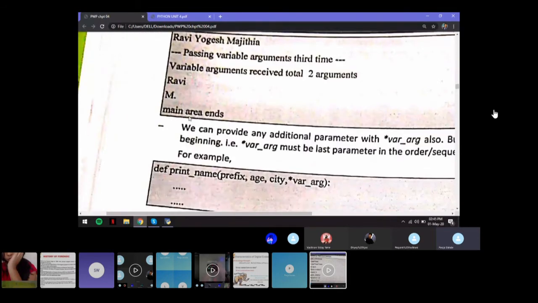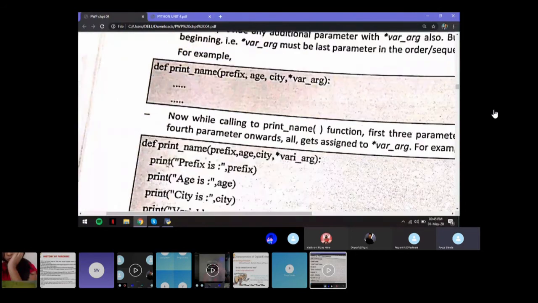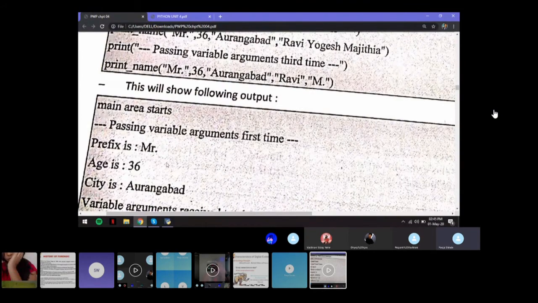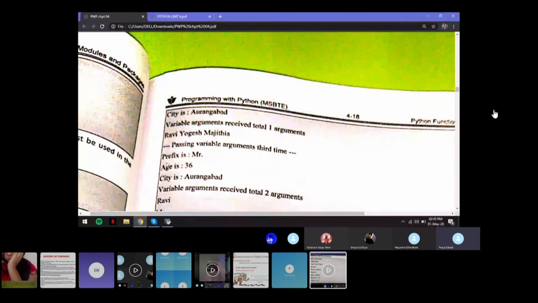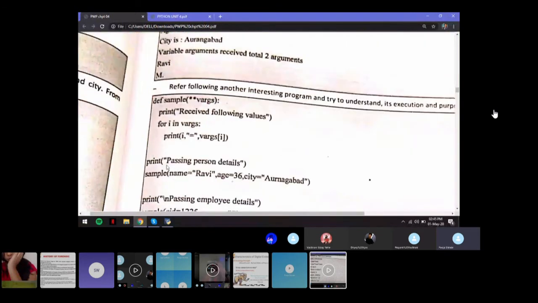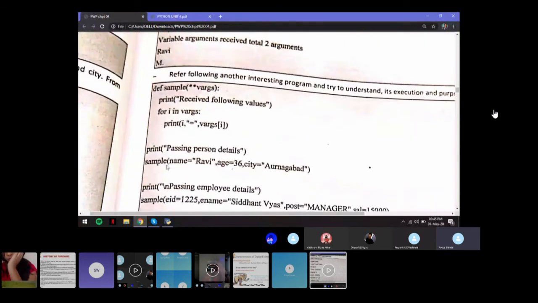So you can have variable lengths of your arguments depending on whatever you want. Okay. Next. Basically, where you use variable arguments is when you're not sure. For example, if you want someone's address, someone can write just Pune.